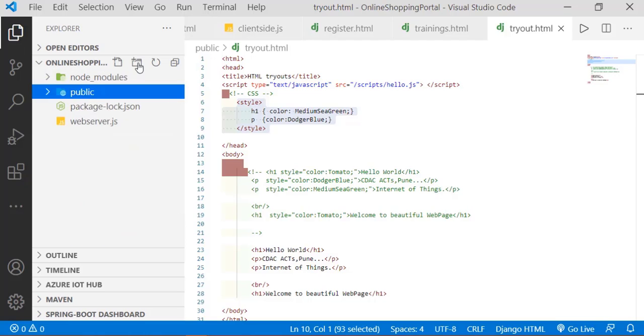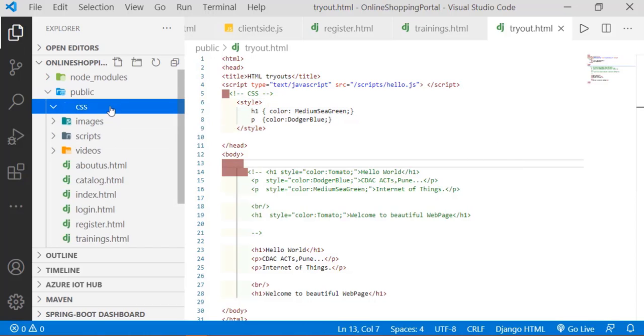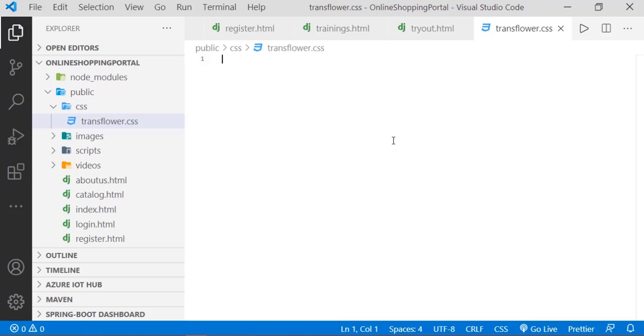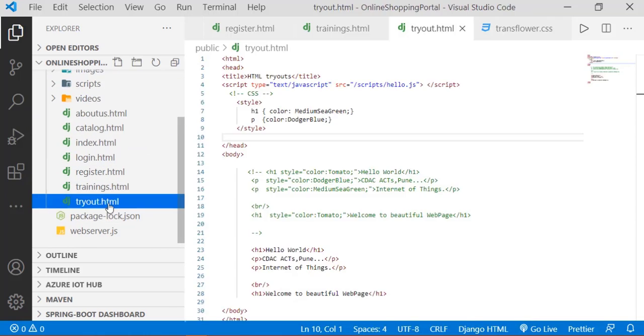And under that CSS, can I just add one more file, transflower.css? Since transflower company is going to have a number of HTML pages, for all of them I want to set the CSS. Whatever style I kept in my tryout file, can I just take it all and shift it inside the CSS file?